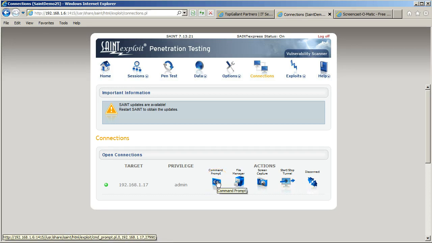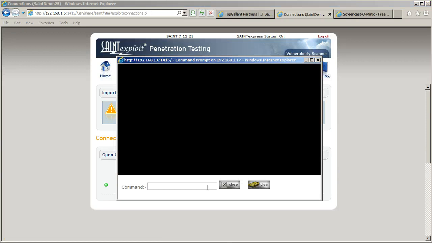So the first thing I want to do is just show you to make sure that we actually have penetrated the Windows 2003 server. We're going to open a command prompt. Also notice we have admin root privileges. So we're going to go ahead and just launch that. It's going to take 1 second to load. Okay, you're presented with a blank screen. So we're just going to use